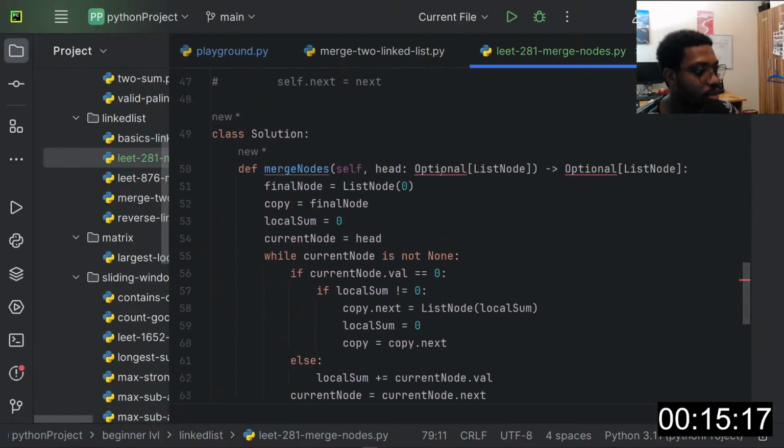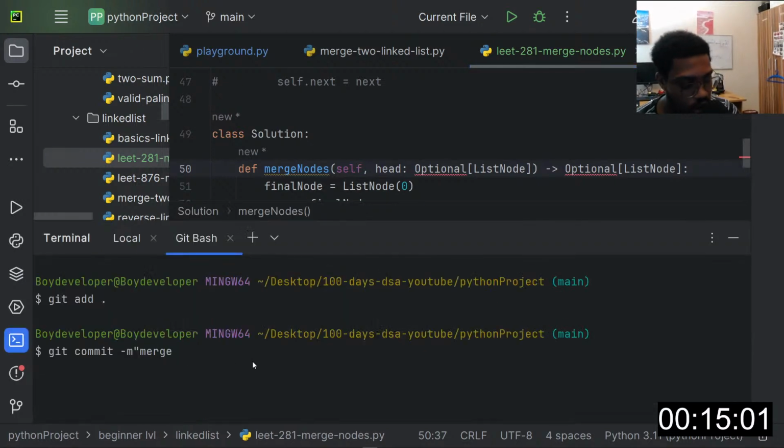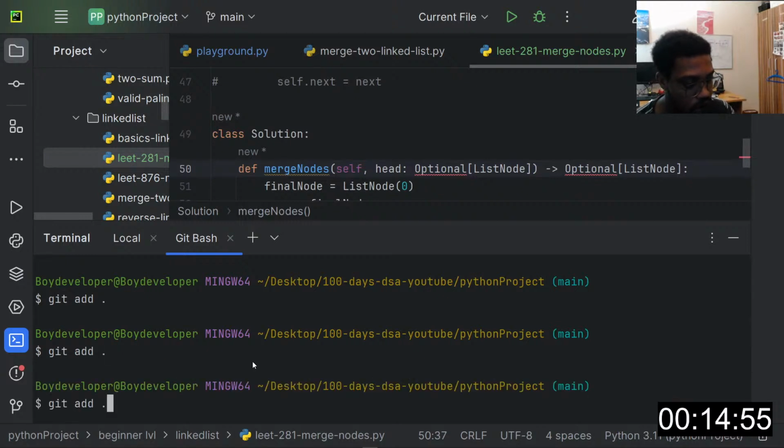Okay. We don't need to even validate this. We know it's an error. I don't have this optional stuff here. So, okay, I'll just do this. I'll git add again. Sorry. Git add. Git commit -m